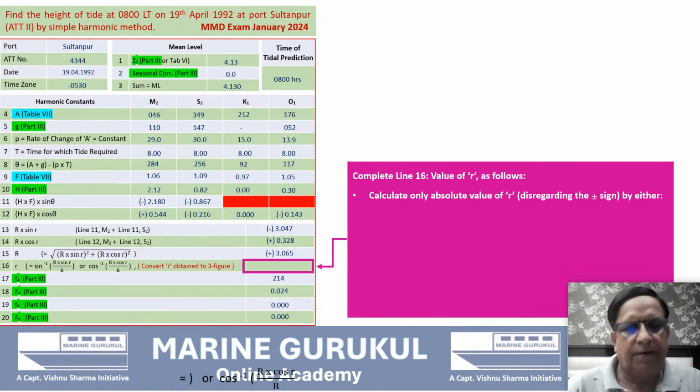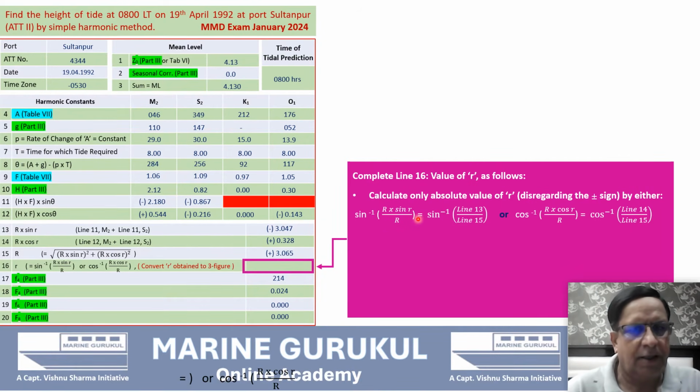Now this can be found by either sine inverse of R sine r upon R, in which R and R will cancel out, and sine inverse of sine r will leave you with the value of small r, which effectively is sine inverse of line 13 divided by line 15. Else it can also be obtained by cos inverse of R cos r upon R, which effectively is cos inverse of line 14